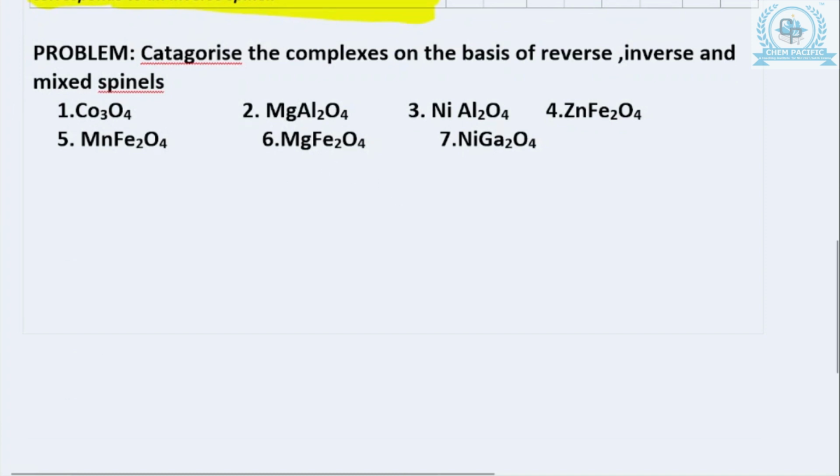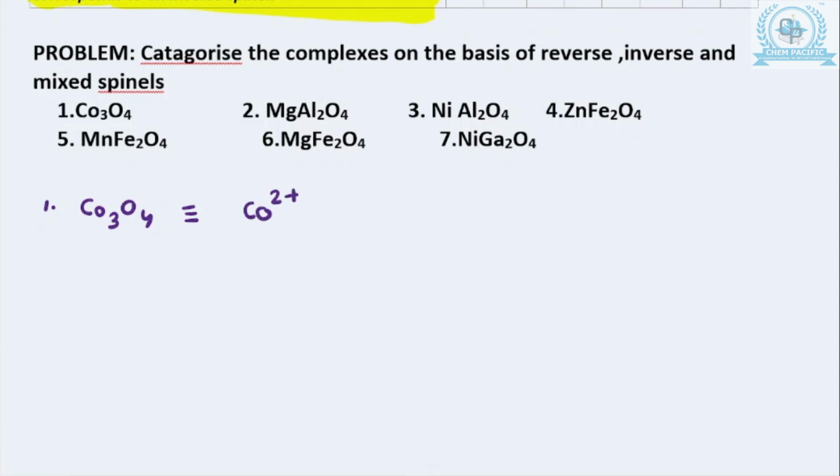Now let us start with the problem of this. Point number 1, this Co3O4. क्लियर। नाउ दिस इज वेरी वेरी इंपॉर्टेंट स्पिनल। मैं ये डिटेल में बहुत स्लोली आप लोगों को एक्सप्लेन करना चाहती हूँ ताकि आप ये बहुत अच्छे से समझ जाओ। सो जब इसे ऐसा है तो फर्स्ट ऑफ ऑल वी नीड टू रीअरेंज दिस। ठीक है, हमें कैटेगराइज करना है कि ये कौन सा स्पिनल है। तो पहले हम इसे रीअरेंज कर लेते हैं।